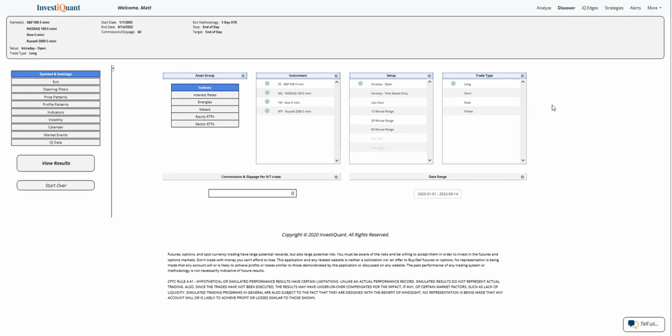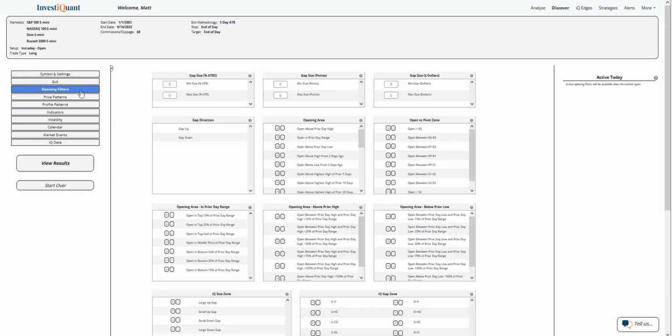close below S3. So the setup is going to be based upon entering long at 9:30 a.m. Eastern time and exiting at 4:15 p.m. Eastern time. Now, currently, the overnight session has lifted a little bit and we are trading higher. I'm going to add that to the test by going to the opening filters, gap direction, and clicking on gap